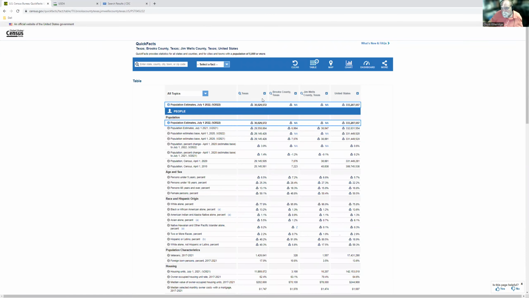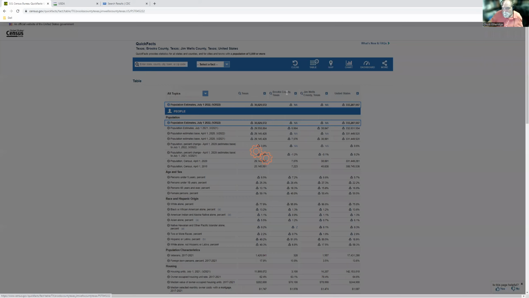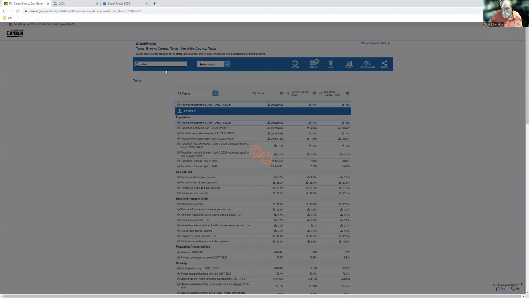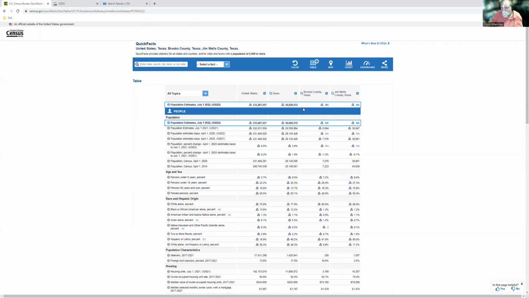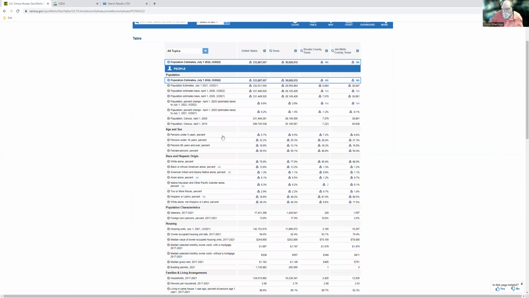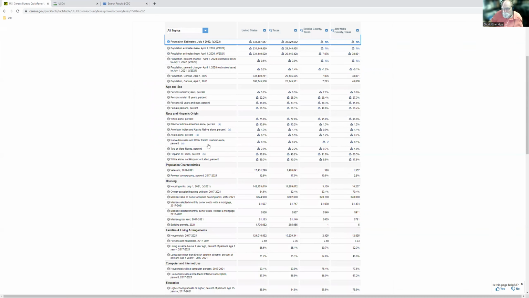So let's move these around. I'm going to just X this out. I'm going to add the United States again, so they're kind of lined up in a row. So let's look at some things. We could look at